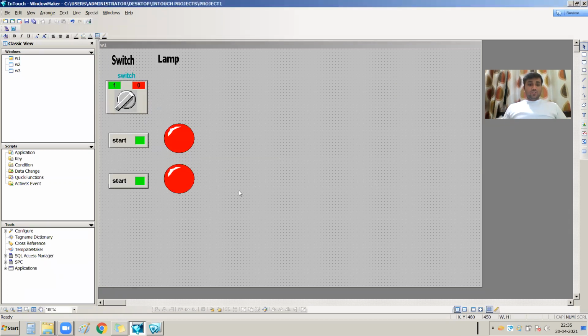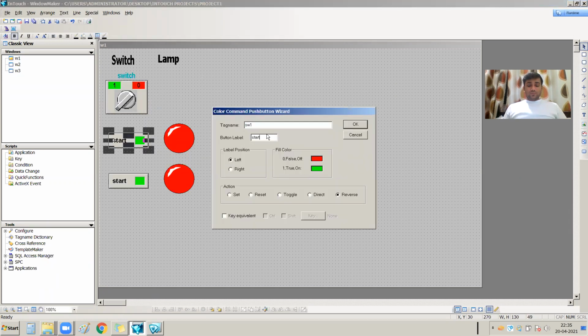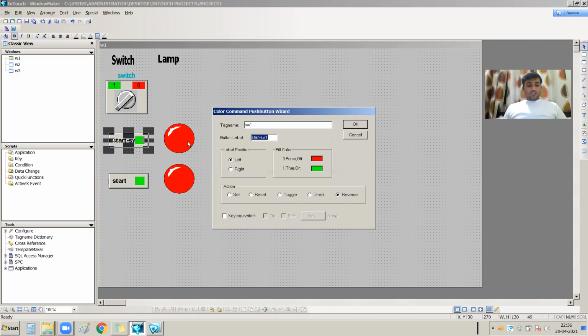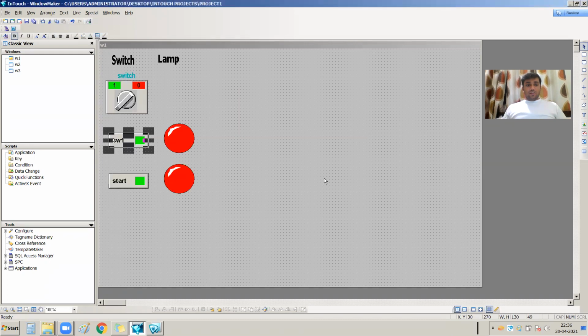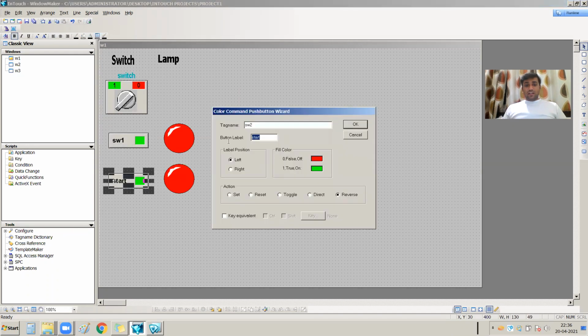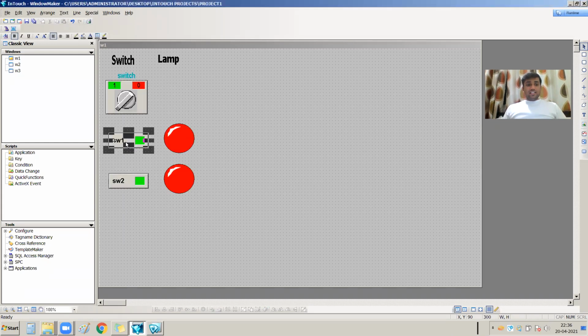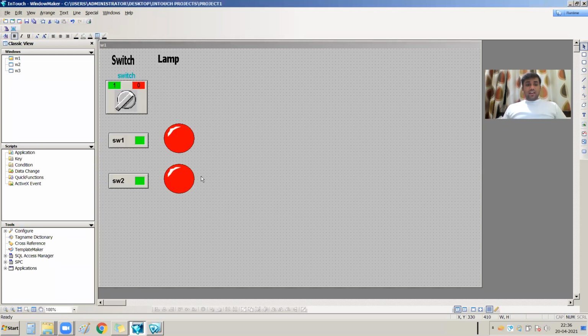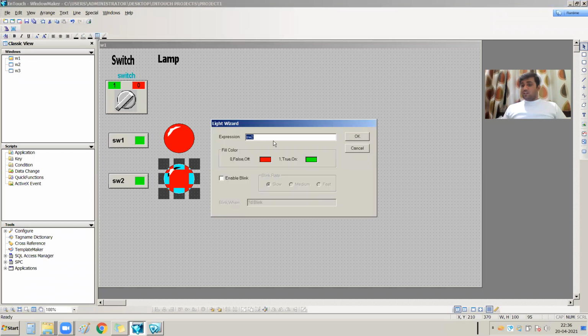I am just changing my label for your understanding. So this is the SW1 switch and this is the SW2 switch. For this switch I have used the SW2 tag, and for this lamp I have used the SW2 tag.